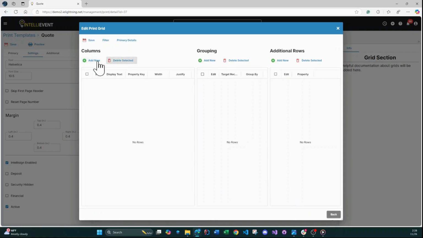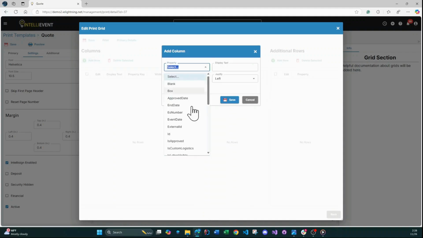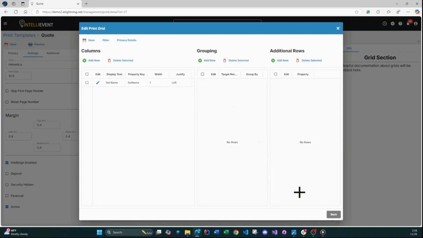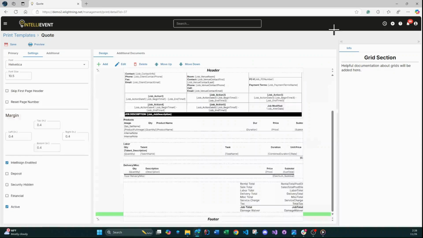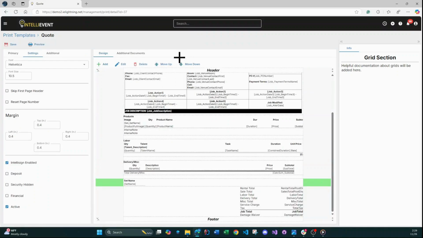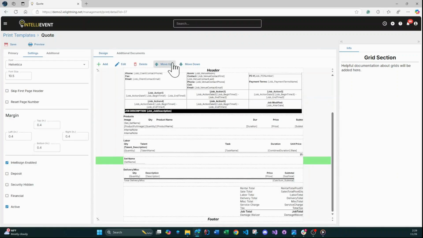Right here, you can see this is where we can add columns. And if we X out of this, we can see we have our new grid. We can also select and delete the selected items, or you can move them up and down. So now I'm moving this grid to the top. If I delete,